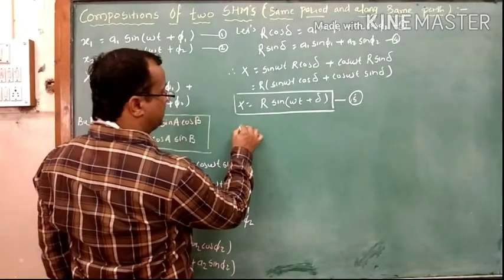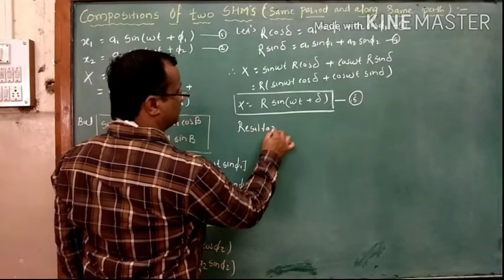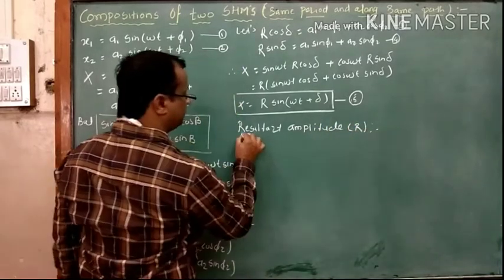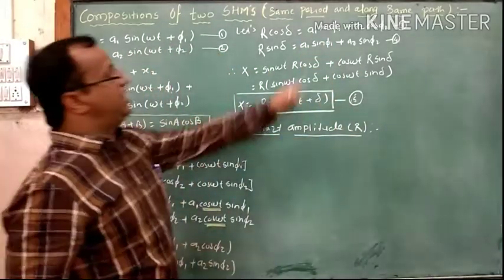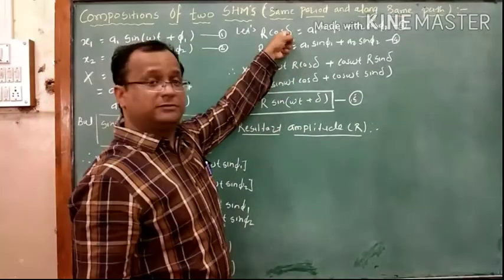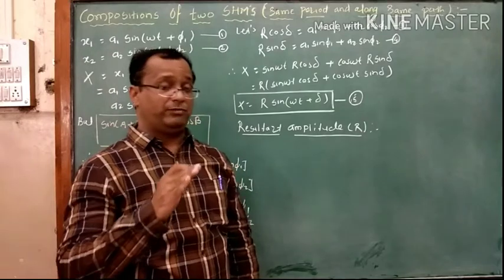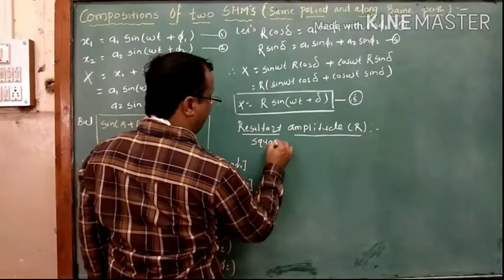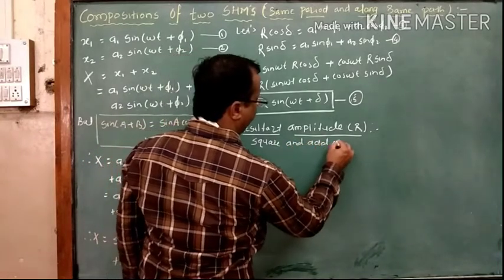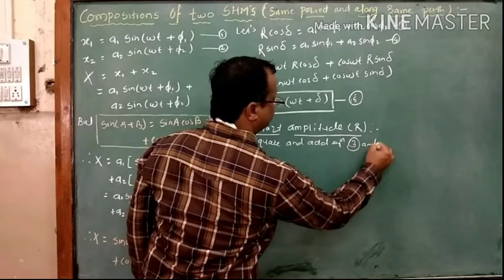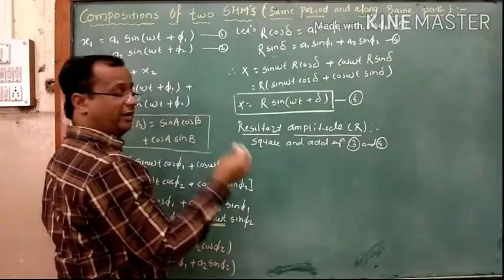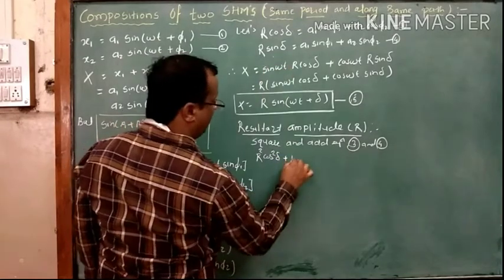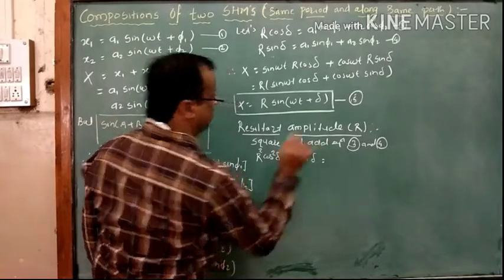Now the equation for the resultant amplitude, that is capital R. Here we want to use equations 3 and 4. We want to square and add equations number 3 and 4. First of all we take the square, and after that we take the addition. Squaring and adding, we get R square cos square del plus R square sin square del, which is equal to